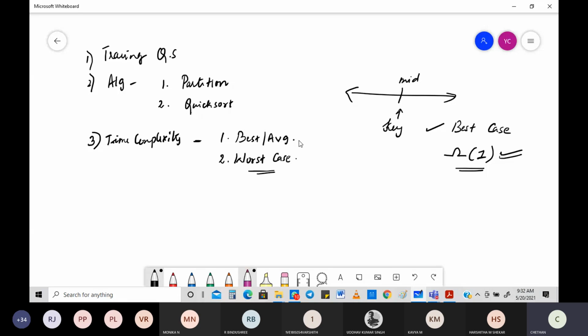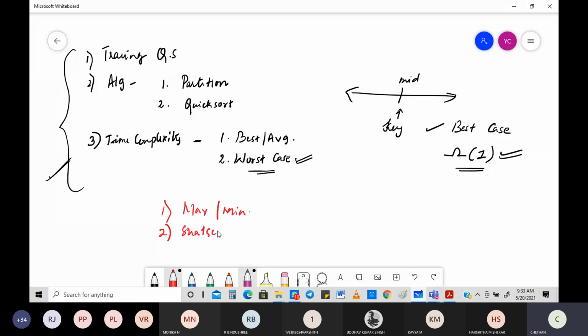Then there are of course various other things with regard to finding the max and min element, which is in your syllabus, which you're going to do, and of course Strassen's matrix multiplication, to be precise. And of course we move into the next topic. This is with regard to divide and conquer.